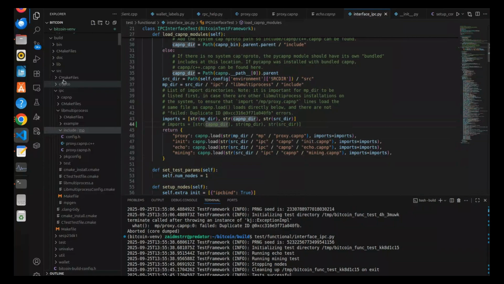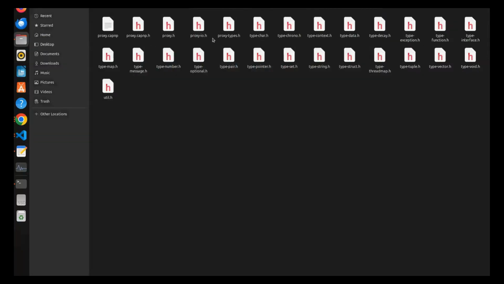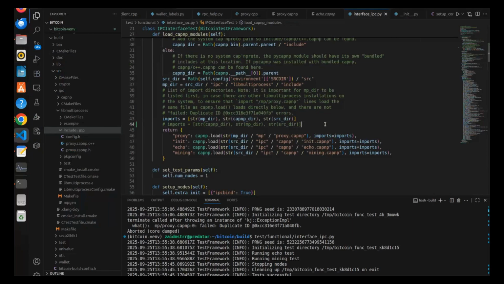So the code will go and find it in the CAP directory from our system-wide installed multiprocess, and it will find it the first time, but the later files, for example, the init.capnp